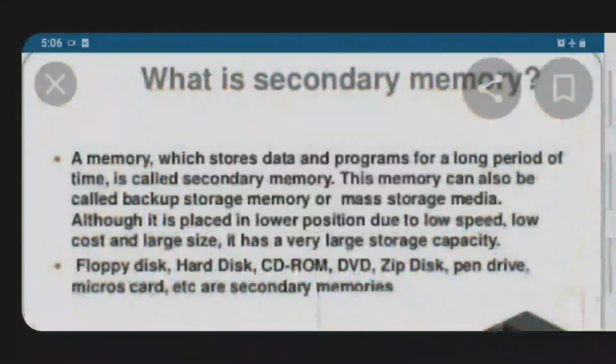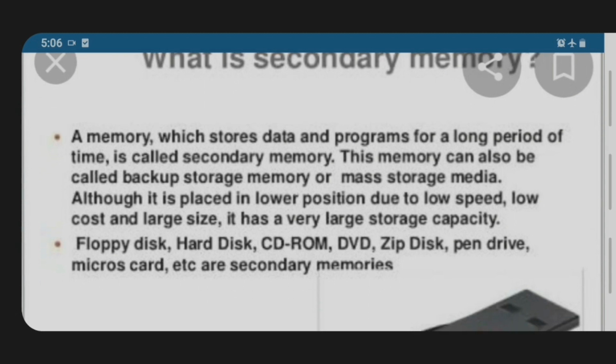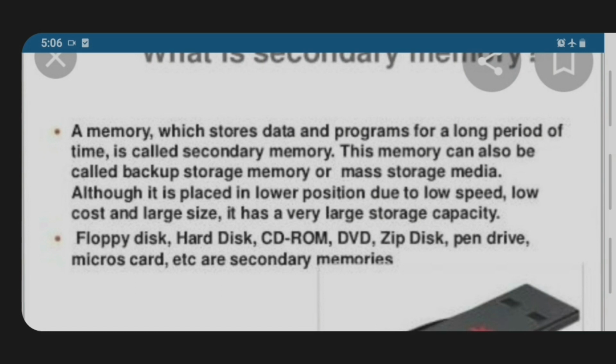Now you can see what is secondary memory. We will study about secondary memory. A memory which stores data and programs for a long period of time is called secondary memory. As I told you, in primary memory we have two types, RAM and ROM. Now what is secondary memory? Most of the time we are using secondary memory only to store our information. So a memory which stores data and programs for a longer period of time is called